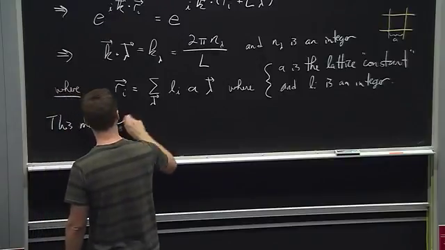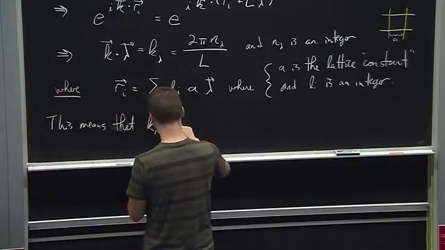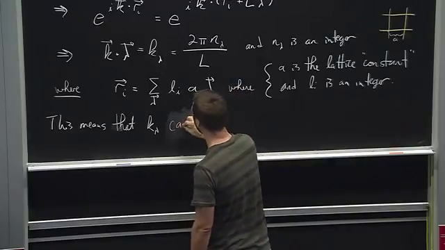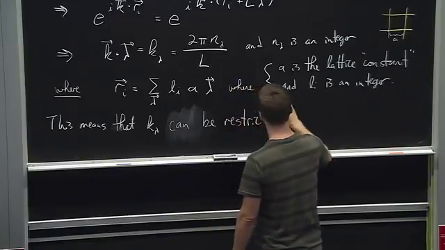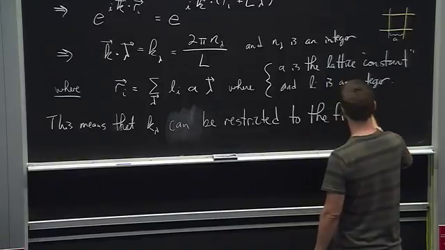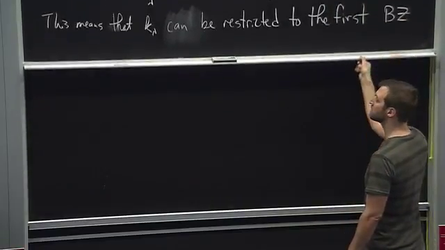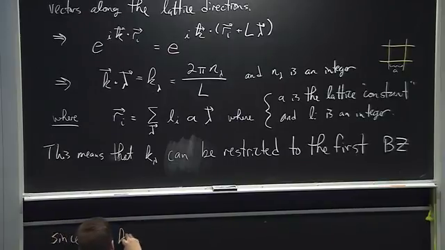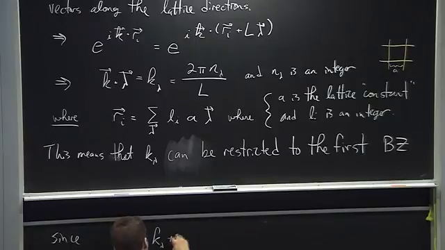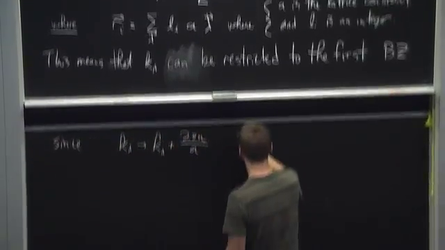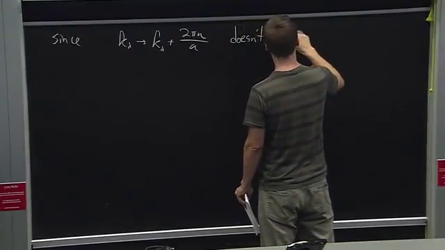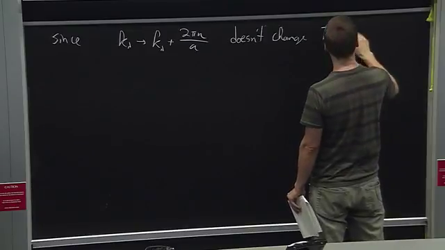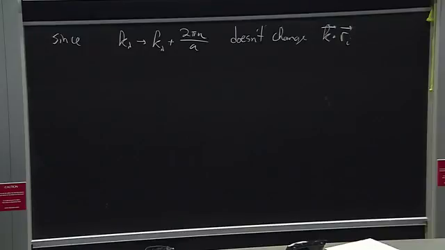So it means that this thing here, since K lambda plus 2 pi n over A doesn't change K dot R. I don't know, maybe there's an easier way to say that, but